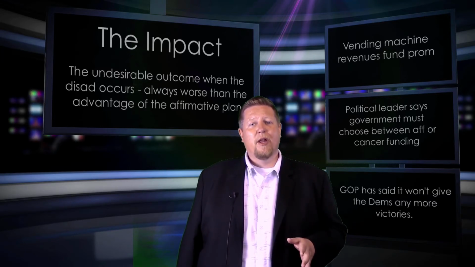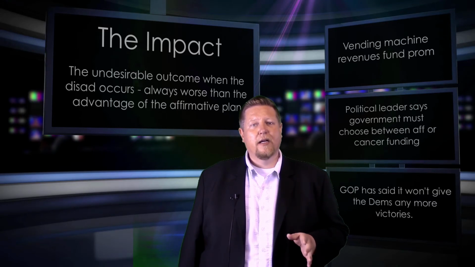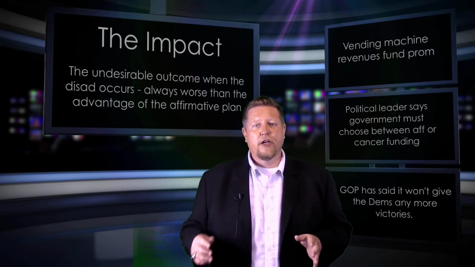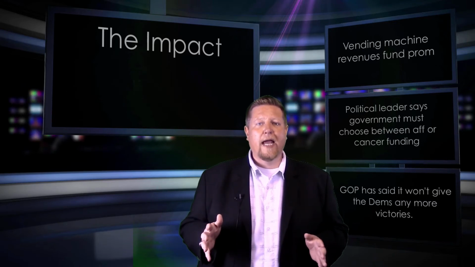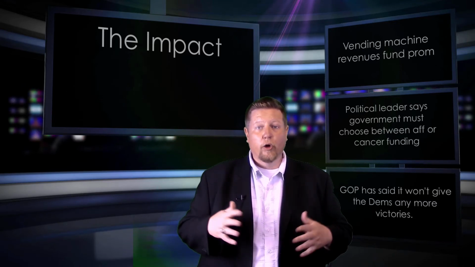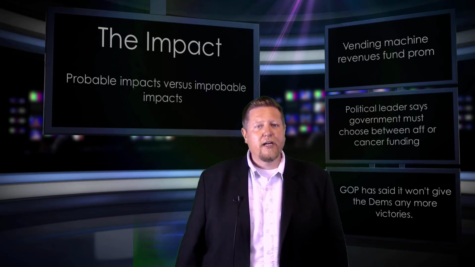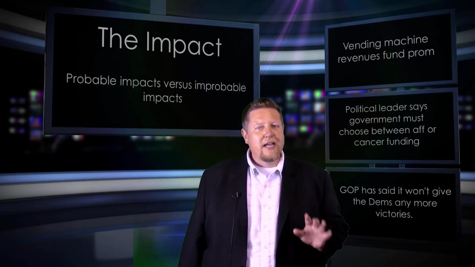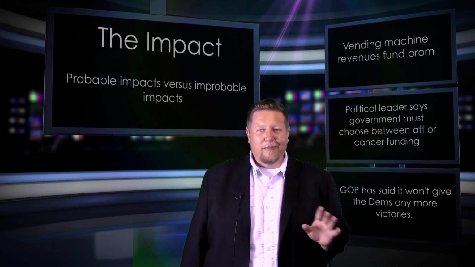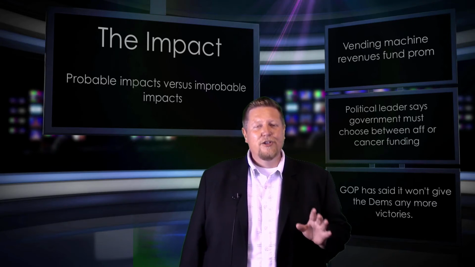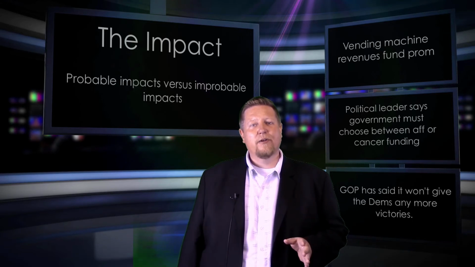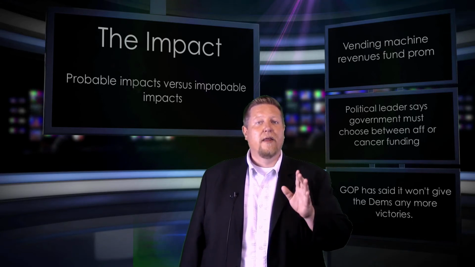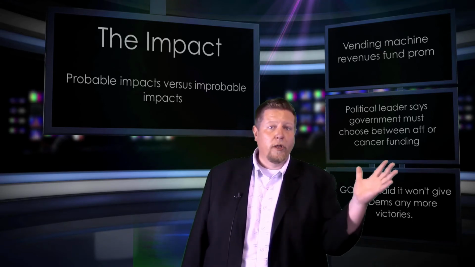Good negative teams will often have several impact scenarios that they can use depending on the judge in the back of the room. Judges who are very experienced in debate are often more willing to accept the hypothetical claim that the affirmative plan will lead to nuclear war. Other judges who have never seen a debate round might find it a little exaggerated and hard to believe that the affirmative plan leads to nuke war. So good negative teams walk into a tournament with both impacts ready to go, and they will decide during the prep time whether they want to claim that the affirmative plan leads to a huge and horrible impact or a small and realistic impact.